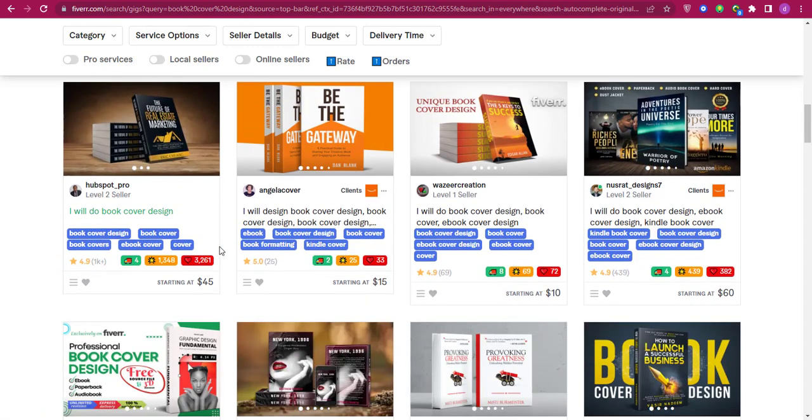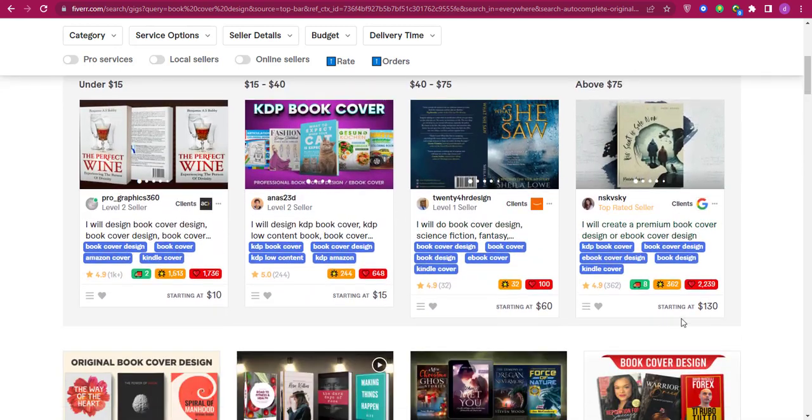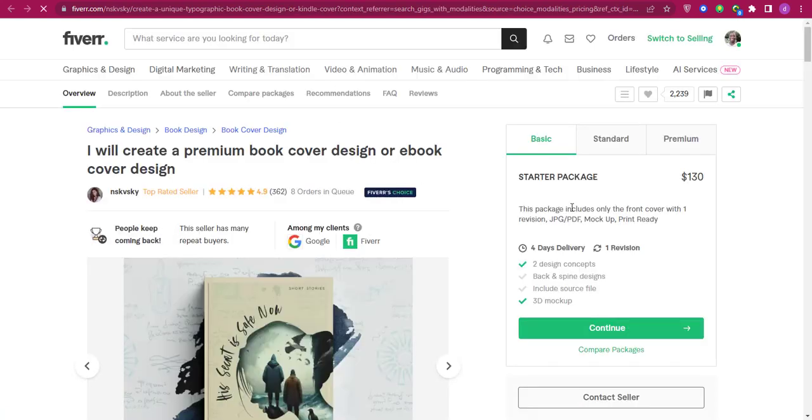So you see it's not per se your price. Okay, your price can affect it a little. If you're offering a cheap service, you might get a lot of orders. But at the end of the day, if you're going to calculate this person that is doing 23 orders, and this person that is doing 130, if you open these two gigs, let's say for instance this person is doing